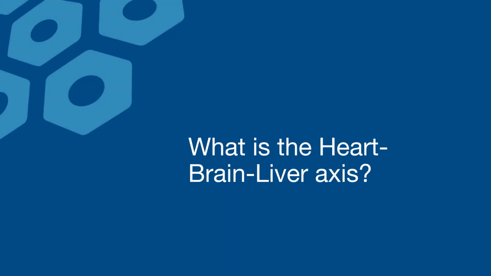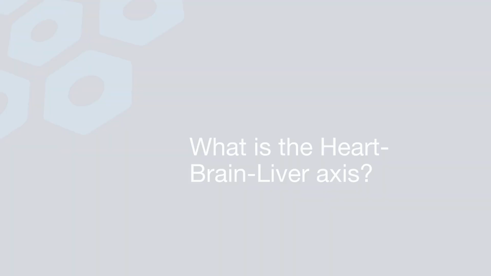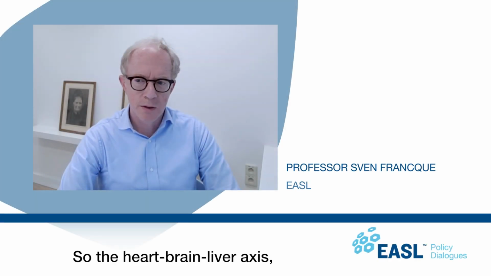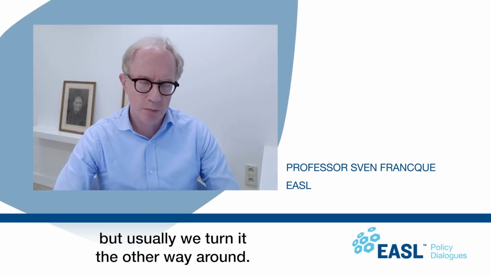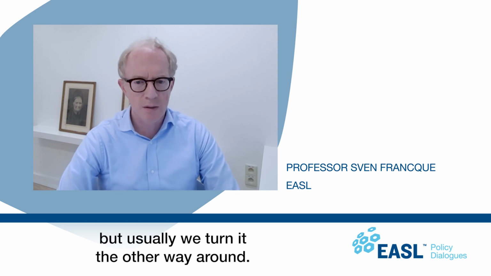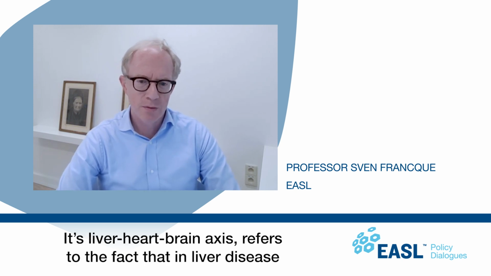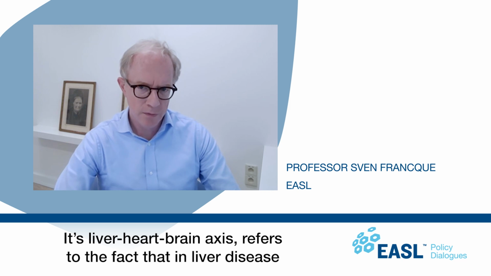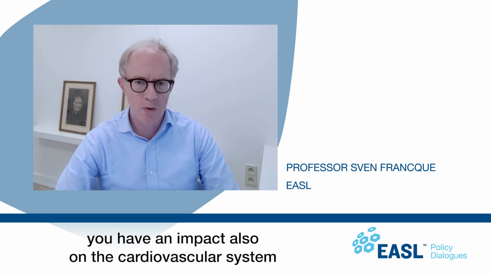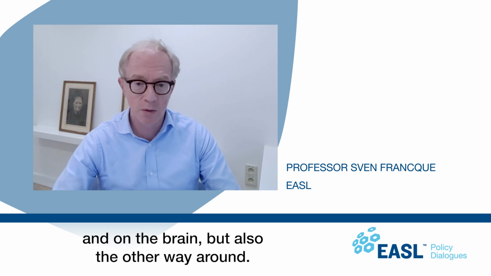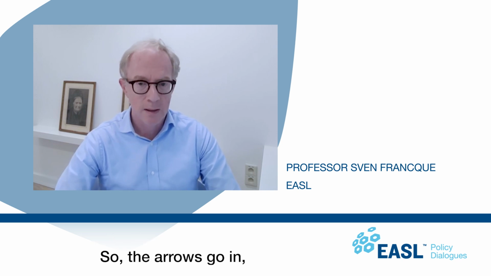What is the heart-brain-liver axis? So the heart-brain-liver axis, but usually we turn it the other way around, it's the liver-heart-brain axis, refers to the fact that in liver disease you have an impact also on the cardiovascular system and on the brain, but also the other way around. So the arrows go in